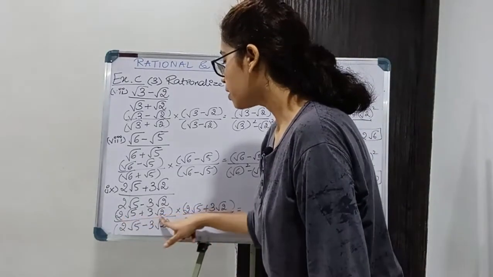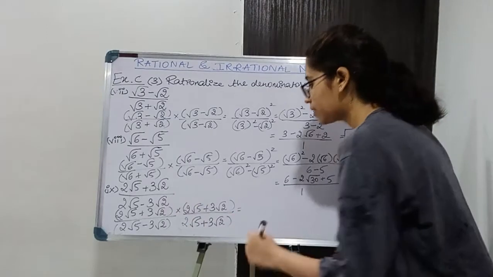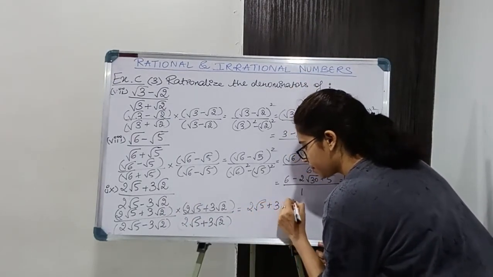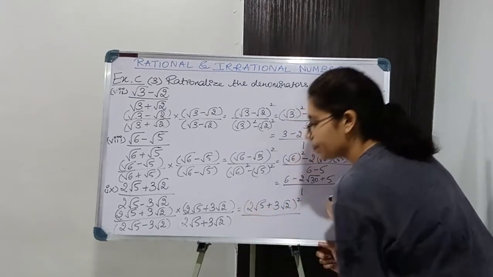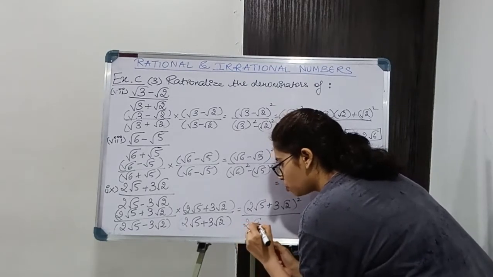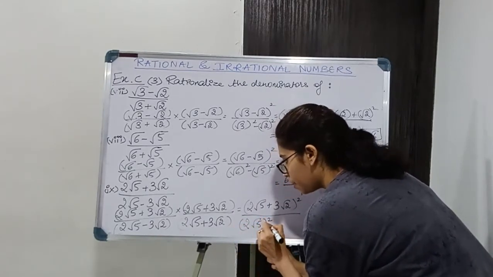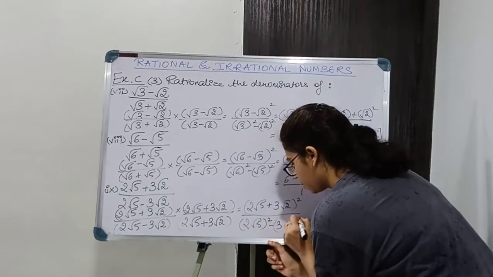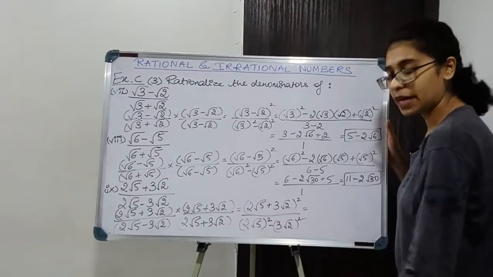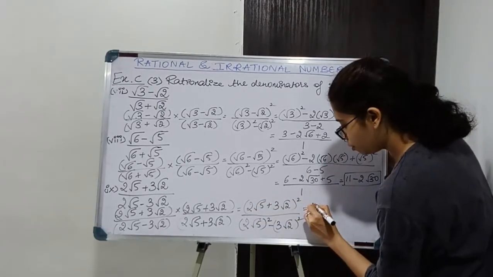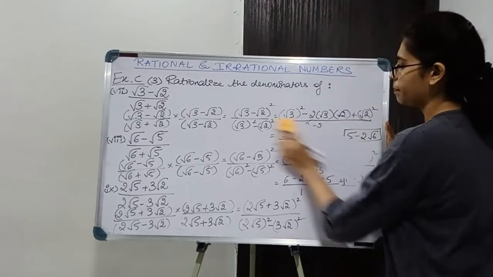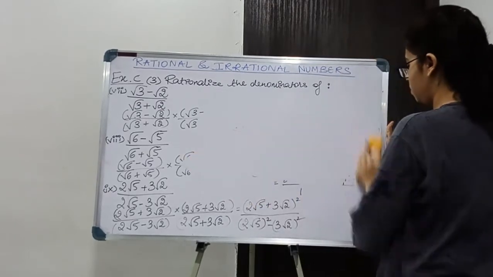Now again the brackets are same. When I multiply both the brackets, I'm going to get square of the bracket. Okay. Now over here again it is of the form a square minus b square. So 2 root 5 square minus 3 root 2 square. So I'll expand this. This is going to be 2 root 5. I'll expand it over here only. यहाँ पे I'll do the working.